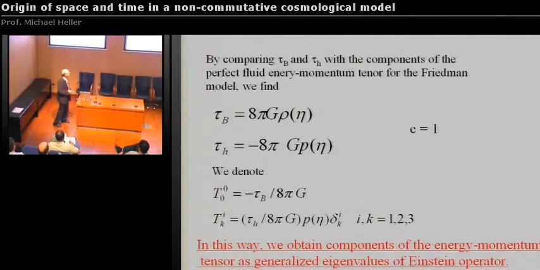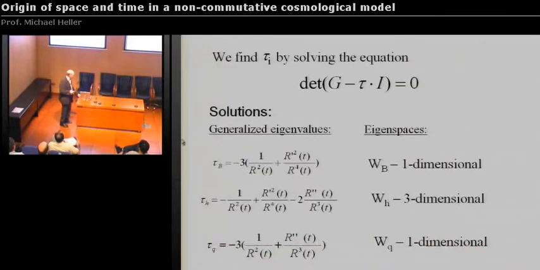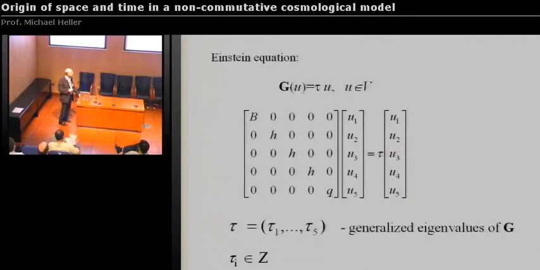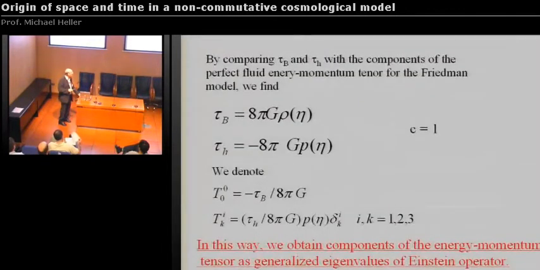So there was no energy-momentum tensor, but it turns out that matter components were somehow encoded in the generalized eigenvalues of the Einstein tensor. If we denote this ratio by T00, the 0,0 component of the energy-momentum tensor, it is minus tau